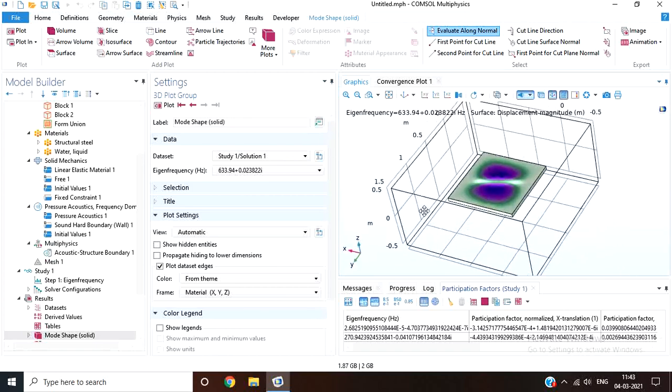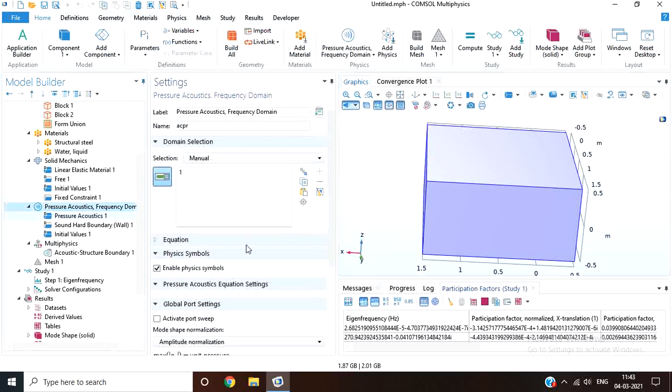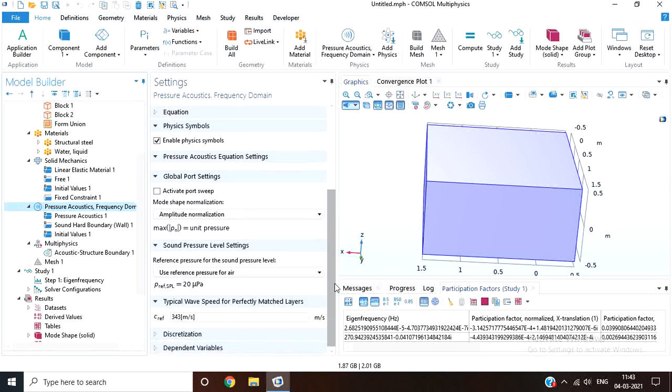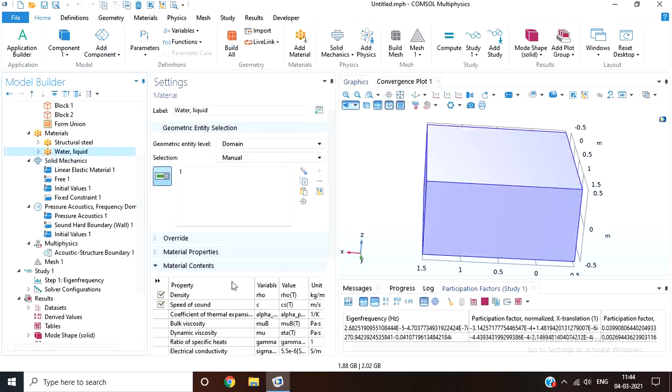So to reduce the damping and viscous effect of water, what we can do is increase the speed of sound. So in water physics, here we can change the speed of sound.